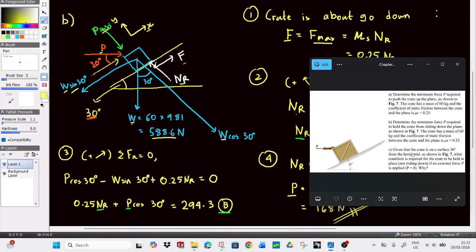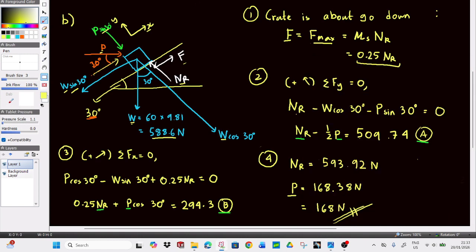Now for part C. Given that the crate is on a surface of 30 degrees from the horizontal shown in figure 7, what condition is required for the crate to be held in place if no external force is applied? So it says the crate is on a surface of 30 degrees from the horizontal. What condition is required for the crate to be held in place, not sliding down, if no external force P is applied? So if the crate is not sliding down, that means, and they said also that in our case there's no external force, meaning to say that P equals to